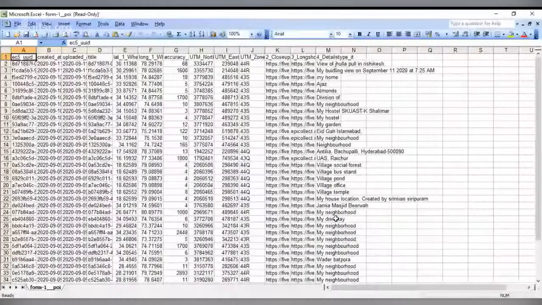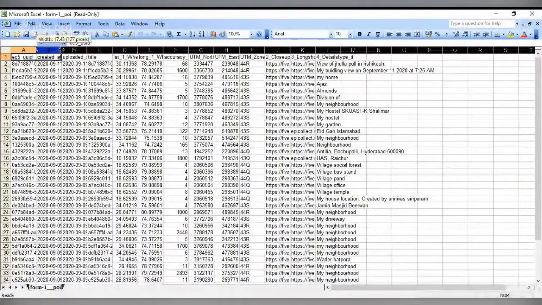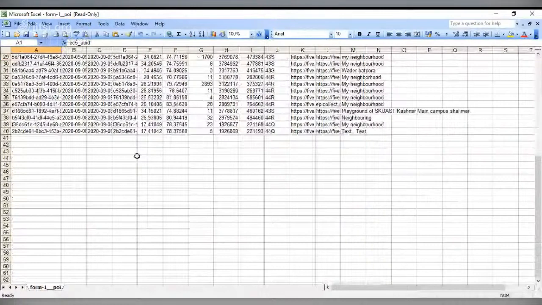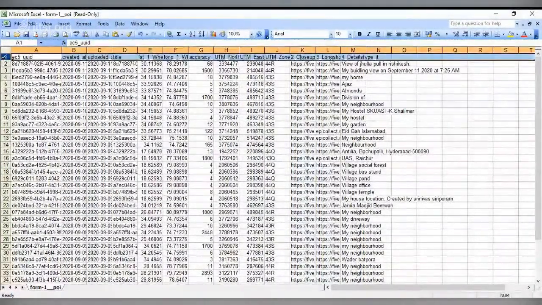So this is the downloaded data. I think the Excel file is visible. This is the data downloaded from the EpiCollect server. So you have all the attributes. The first row has the column names.